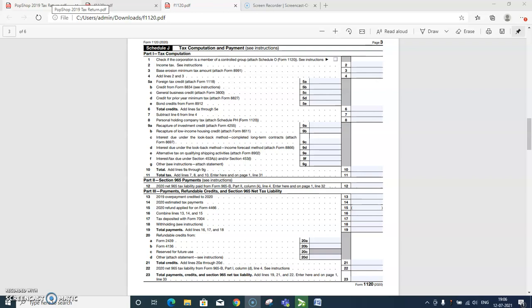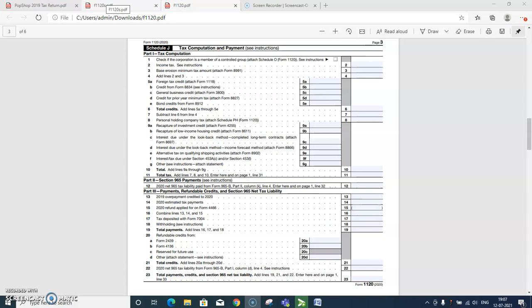Now coming to line 15. If the corporation overpaid estimated tax, it may be able to get a quick refund by filing Form 4466. The overpayment must be at least 10% of the corporation's expected income tax liability and at least $500. File Form 4466 after the end of the corporation's tax year and no later than the due date of filing the corporation's tax return, not including extensions. Form 4466 must be filed before the corporation files its tax return.